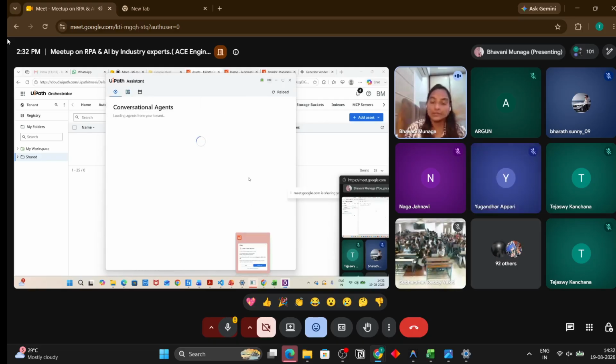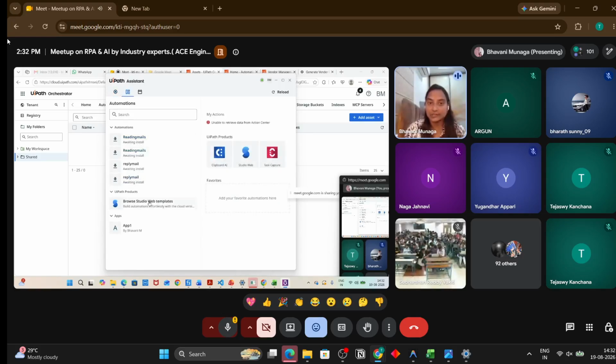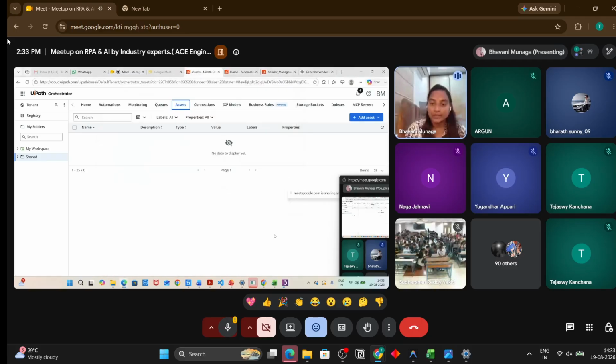Yeah. So whatever bots you deployed will be available in the Assistant. You can manage, you can run from here. If you download it, you can run from here as well, so that the bot will be triggered. So these are all the automation suite we have: the Assistant, Orchestrator and the Studio.